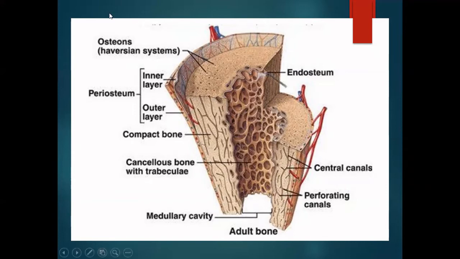We can see the periosteum of the bone and the endosteum of the bone. Endosteum is the inner covering of the bone, whereas the periosteum is the outer covering of the bone. The periosteum has two layers: an inner layer, which is attached to the bone, and an outer layer, which is outer to the soft tissue. And you can see the compact bone and the cancellous bone. The trabeculae in the cancellous bone are wider, and you don't see any trabeculae in the compact bone. And we can see the canals transversing the blood vessels.